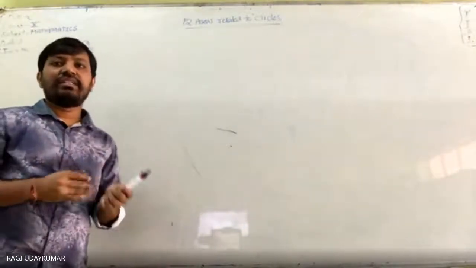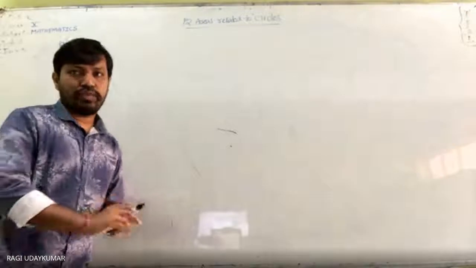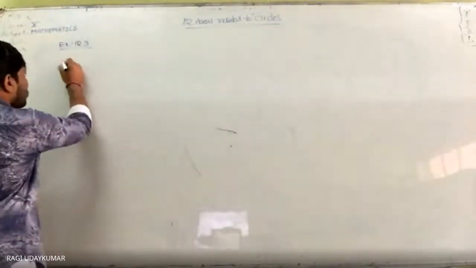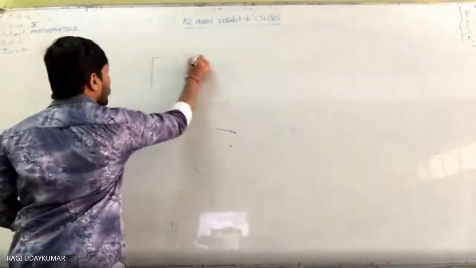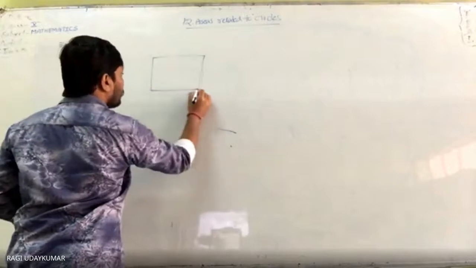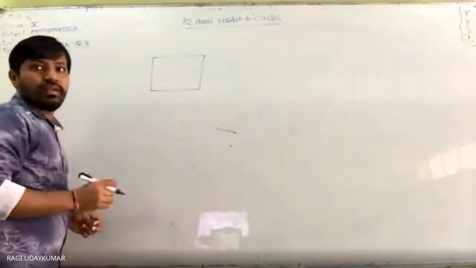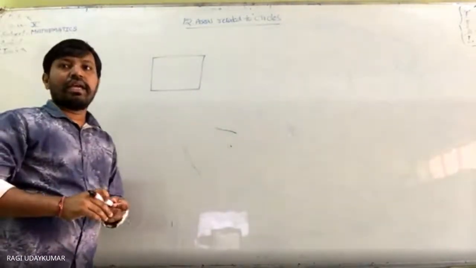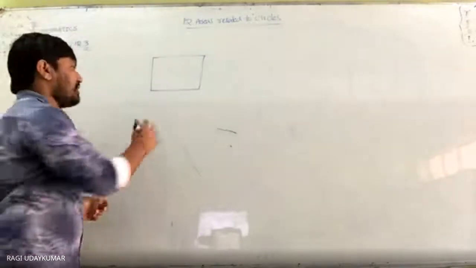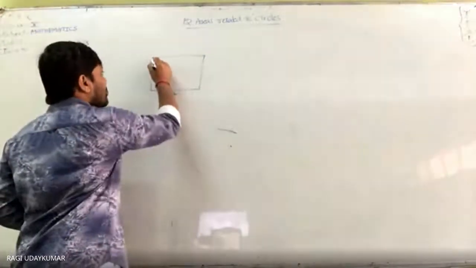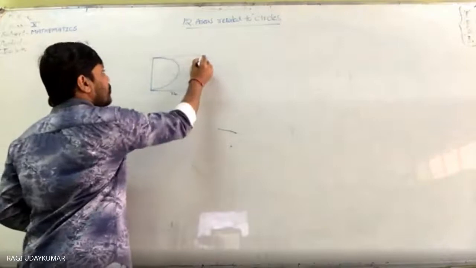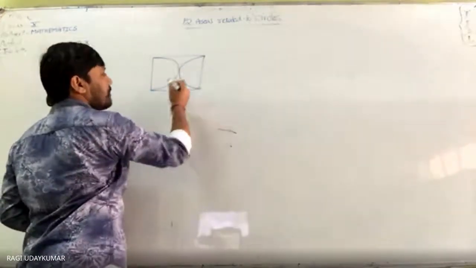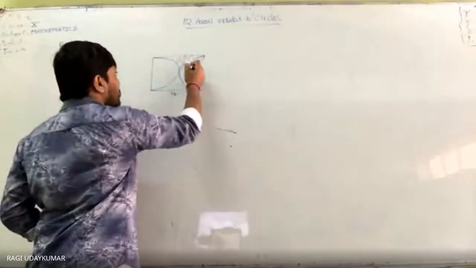So next, third question. Complicated problems let us discuss here, because these are very simple. Find the area of the shaded region in the figure 12.21. So third question, the figure is given to you like this. A square is given to you. Here ABCD is a square of side 14 centimeters. The side is 14 centimeters, and here like this, two semicircles are drawn, and asking you to find out this shaded region.